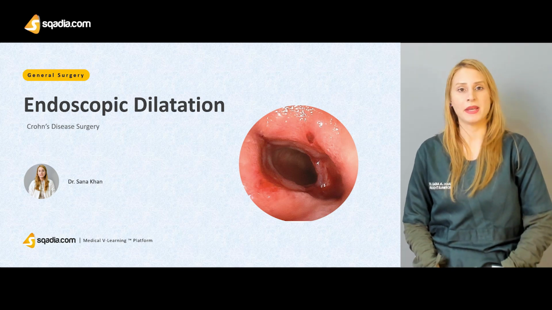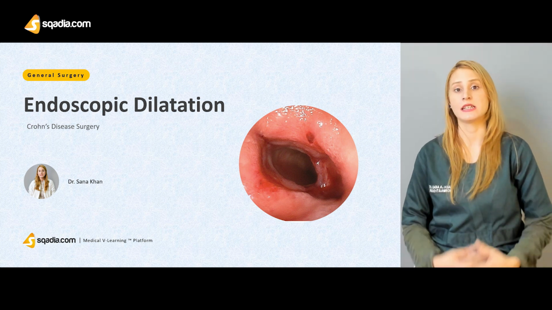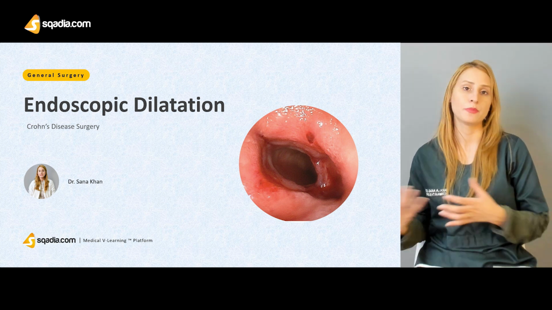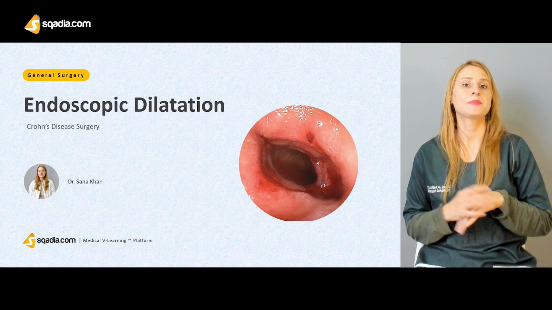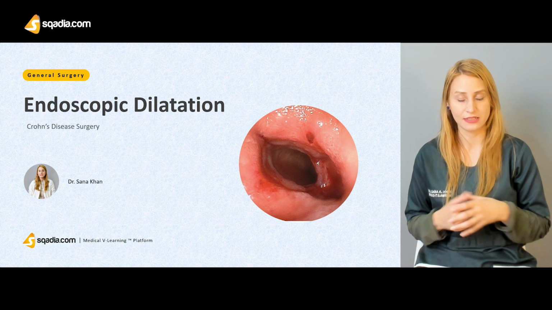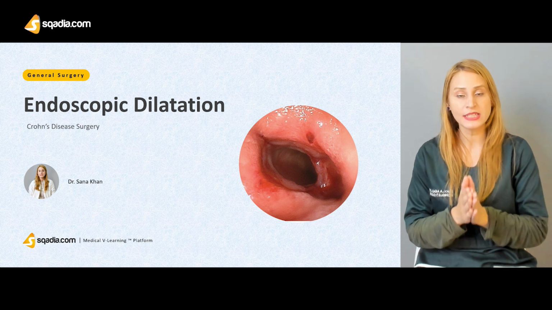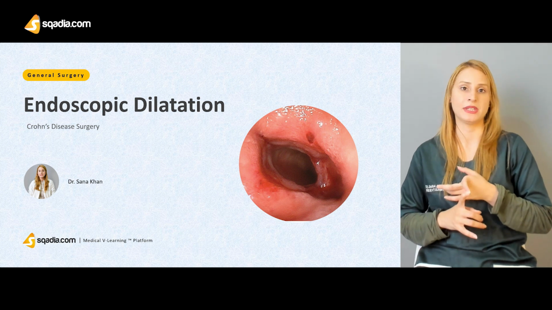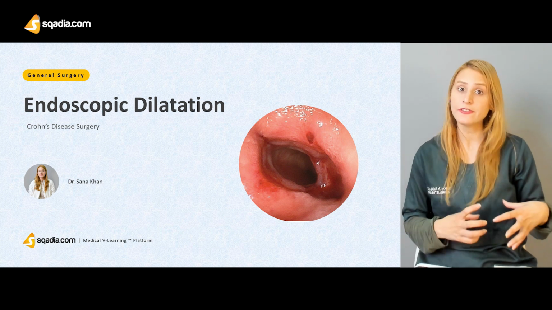If there is a failure of medical therapy and you have done some preoperative imaging, and a patient is reporting to you with a recurrent subacute intestinal obstruction, and you have determined that there is a stricture somewhere in the small or large intestine, especially the small intestine, then you can do endoscopic dilatation. In that endoscopic dilatation, one thing to know is that there should not be any acute inflammation accompanying the stricture, or a very inflamed, thickened wall of the intestine,